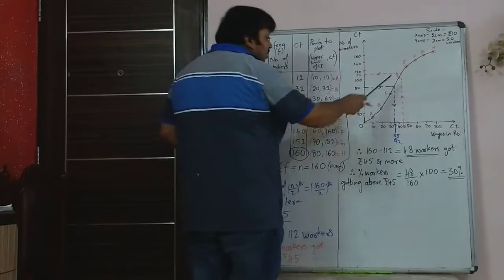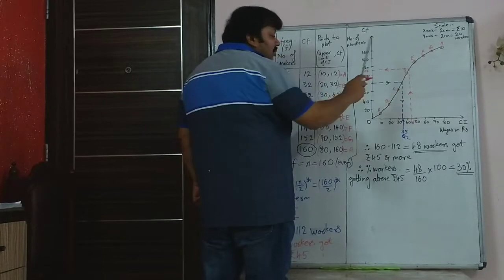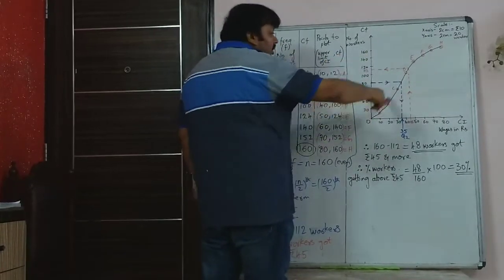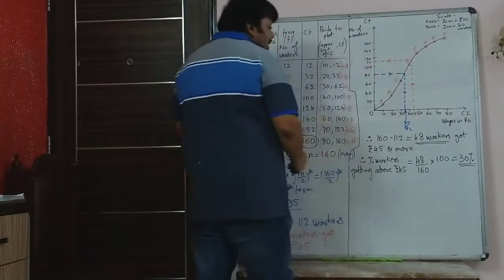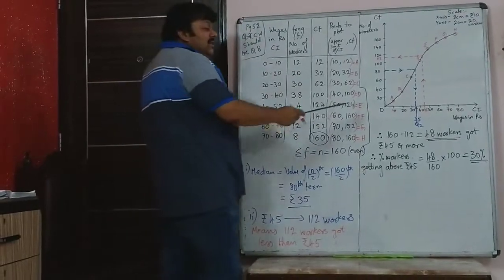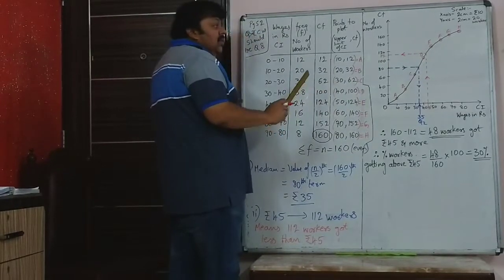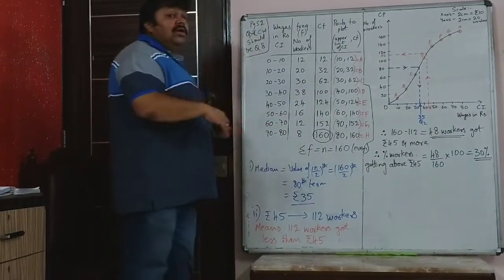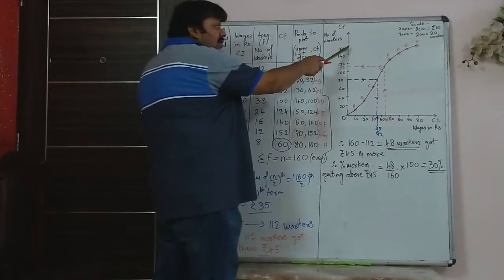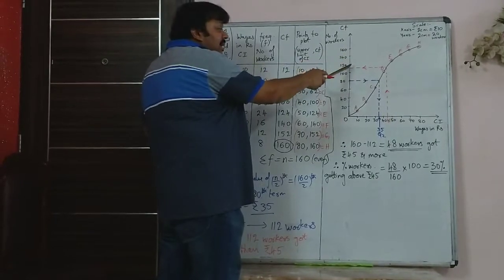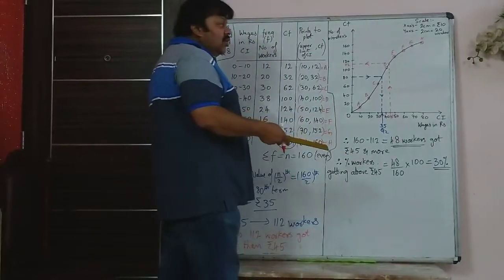Now that would differ from people to people because someone's graph may be slightly down like this. But I told you, draw a smooth curve. This would be an ascending curve and it would be smooth. So if I got the number as 112, that means 0 to 45 rupees, you have 112 workers. Our question is, how many got more than 45 rupees? So we have total number of workers as 160. 160 minus 112, that is 48 workers got rupees 45 or more.